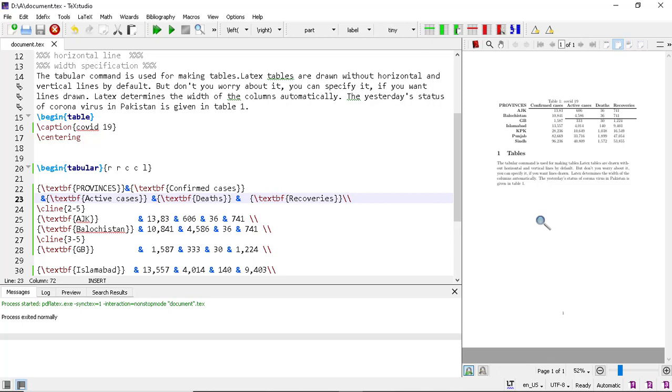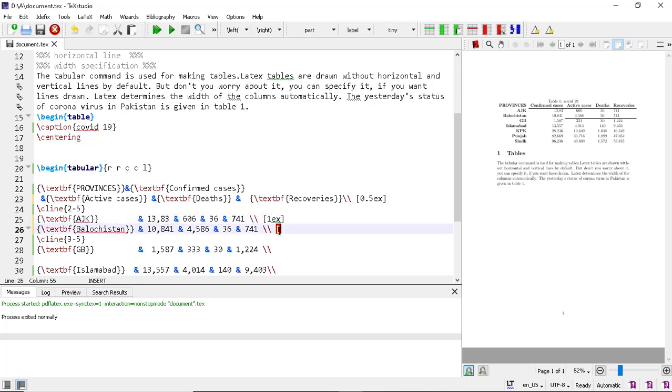Now the ex command produces vertical spacing between the lines, and 0.5 ex and 1 ex will produce spacing between lines. For example, within square brackets 0.5 ex, and after that, after the double slash, within square brackets 1 ex.